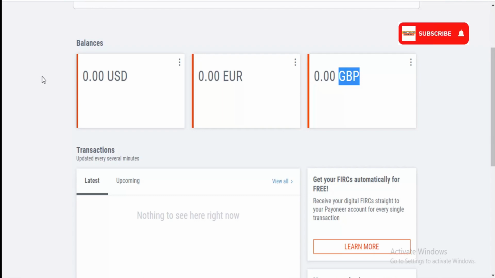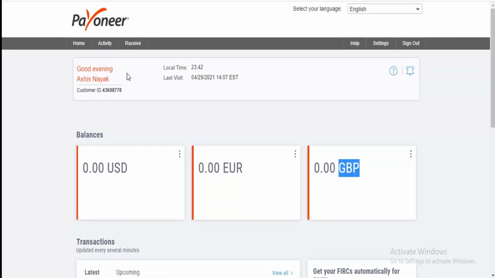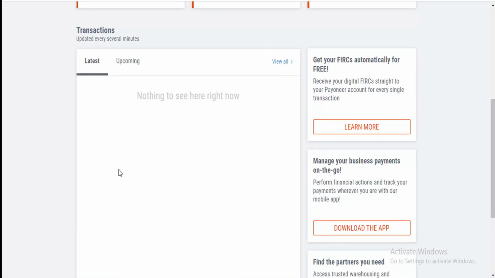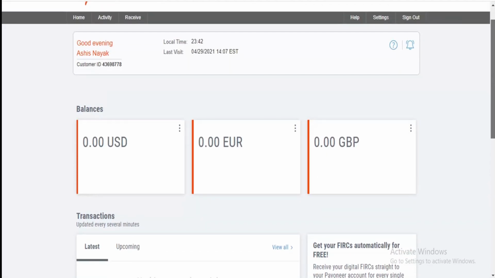So if you are working from India for a US based company, then you have to submit a W8BEN form, which is mandatory and which is required in Teamwork. But in Clickworker, W8BEN form is not required at all. Once this process is done, you are already done with everything. Your Payoneer account is done, right? And you will be able to receive all kinds of payment from Payoneer.